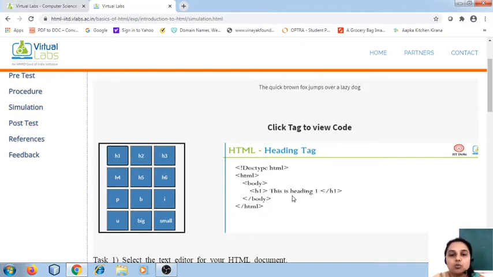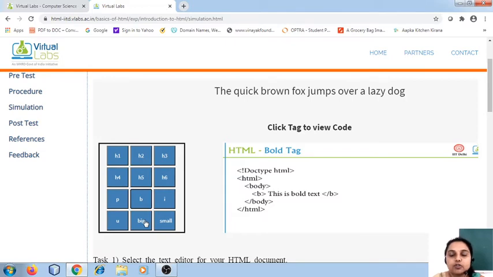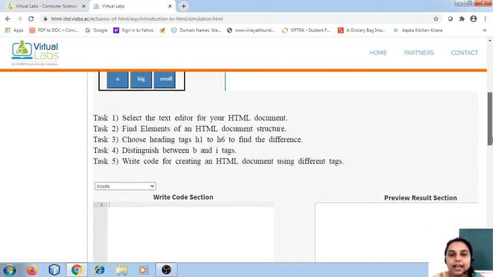This is heading 1, that you can see in the right hand side pane, and I'm going to use the paragraph tag. Bold, you can observe the output keeps on changing in that top square box. Italics, underline. Big, the text font size is going to be one size larger. Small, we have studied all these things, but this is just a brush up for you so that you can study your labs online. Okay, so we have studied all these different tags. Now let's go and check out what task they have for us.